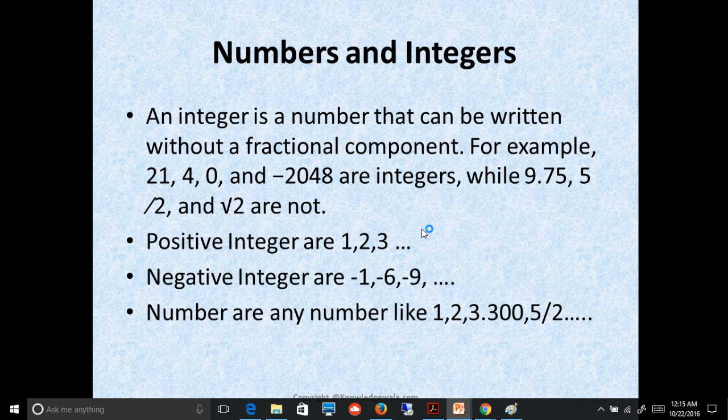So here my first thing is numbers and integers. What exactly are numbers and integers? You might have heard and learned in your low level classes when we were studying counting and tables. Those things are exactly called numbers. A number can be anything. If you say 1, it is also a number. If you say 1.024, that is also a number. There are different categories